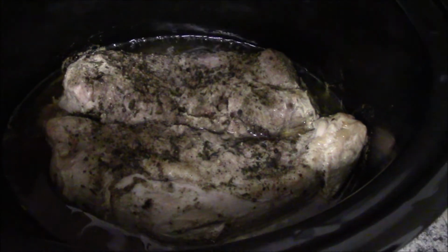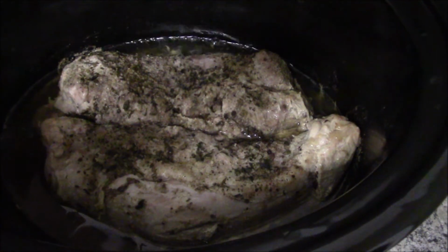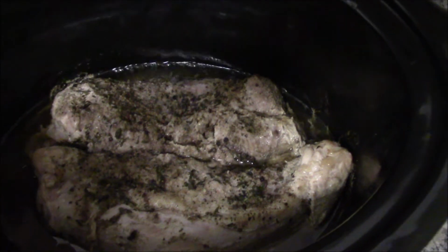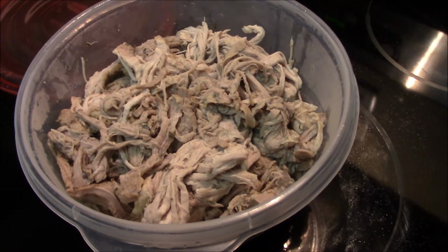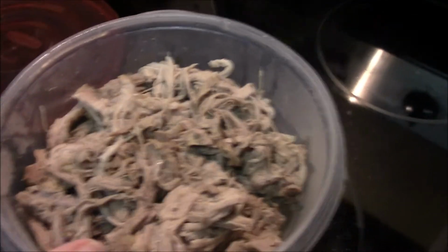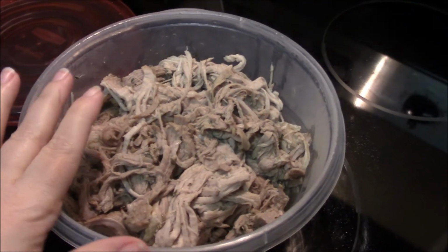The pork is now done. It is ridiculously tender, so I'm fixing to shred that and then set that aside for our bowls. That 2.5 pound pork loin did really well. It filled up this whole thing, which is perfect amount for both of us to have for our lunches this